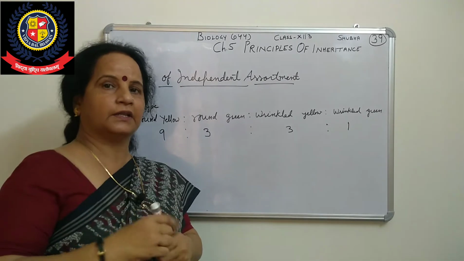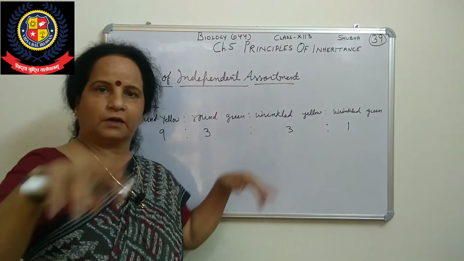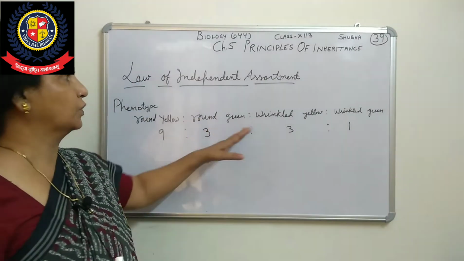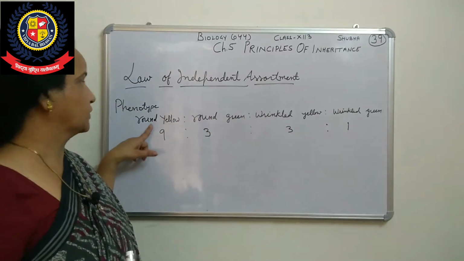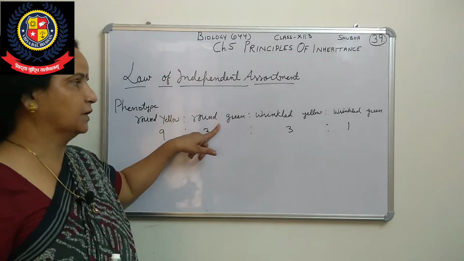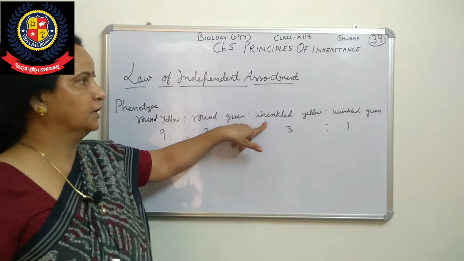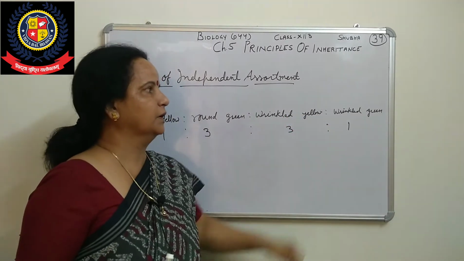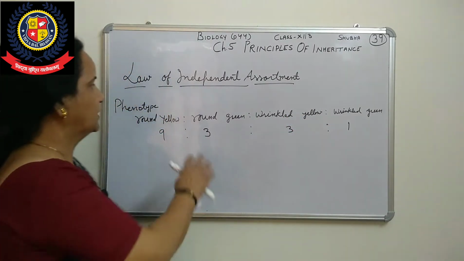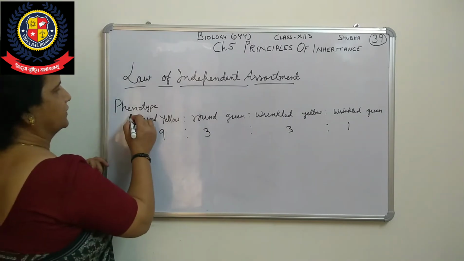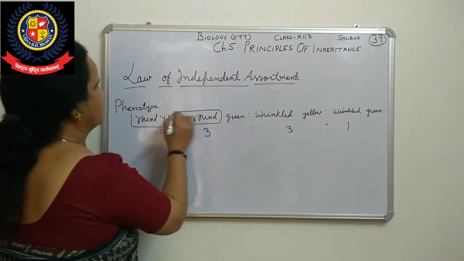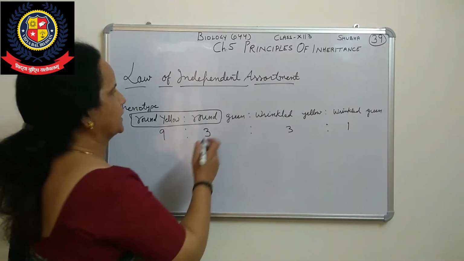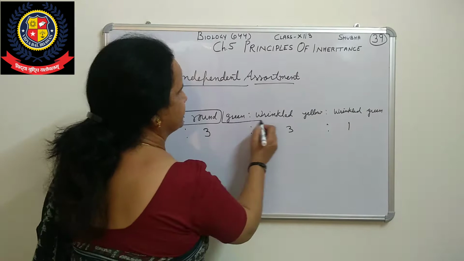So what we have got, I have told in that Punnett square, we have seen the phenotypes. There we have got four phenotypes: one is round and yellow, second one round and green, third one yellow and wrinkled, and last one wrinkled and green. Now these are total we have got nine. Then we have got wrinkled and then green and wrinkled.